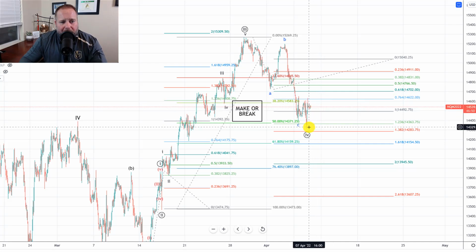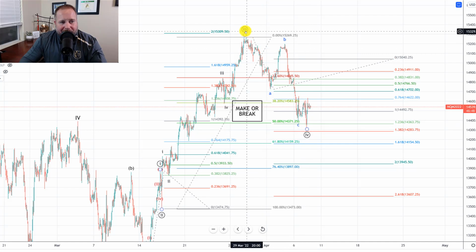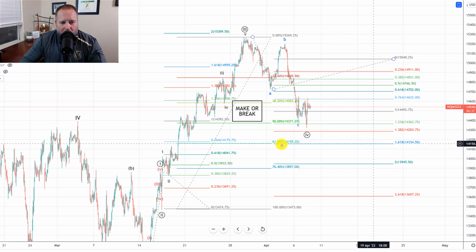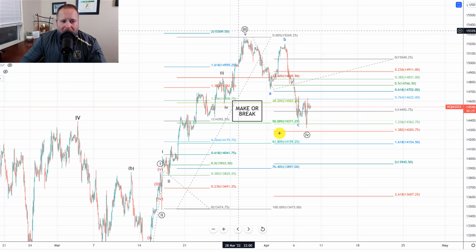So as it stands right now, we're counting this as 3 at the top, 4 down here, because we did just kind of poke and reverse through that must-hold area, and then we'll see how it plays out. If it pushes lower, then we need it to hold this 618 retrace at 14,159, and then that would be a wave 2 at that point, and this would become wave 1, assuming that